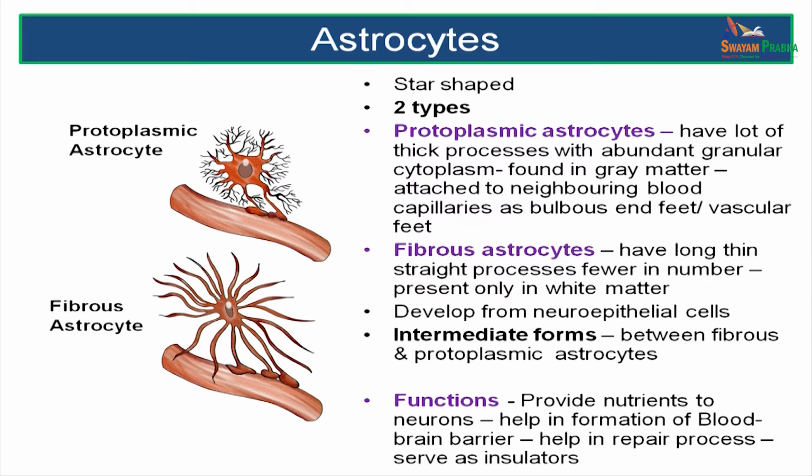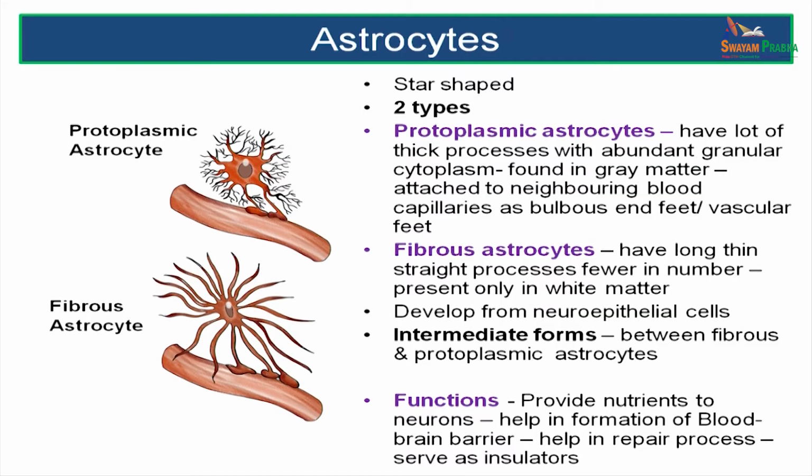The second type of cell we are going to talk about is the astrocyte. Astro means star shaped, so it's got many processes. Now astrocytes can be further classified as protoplasmic and fibrous astrocytes. As their name implies, fibrous will be more thread-like, whereas the protoplasmic will have a fuller structure. So you can see in this diagram here the protoplasmic astrocyte and the fibrous astrocyte. Note the difference between the two.